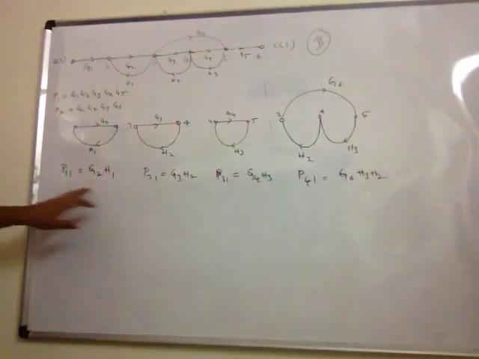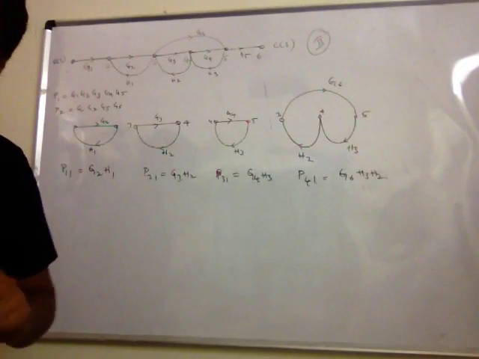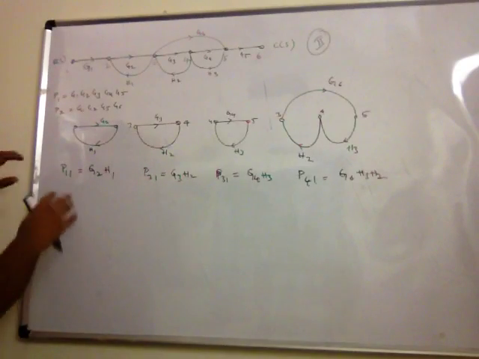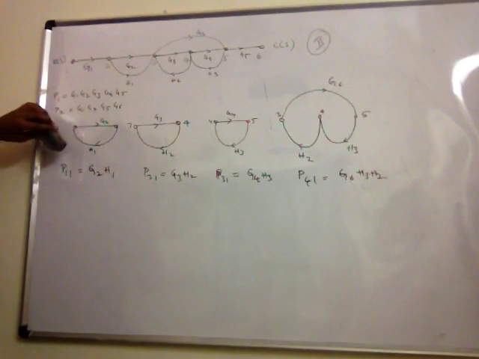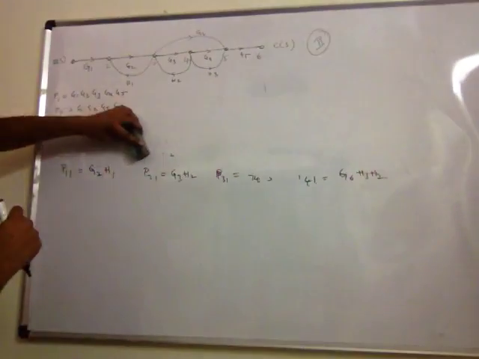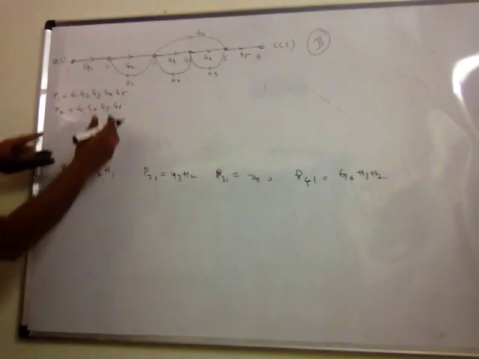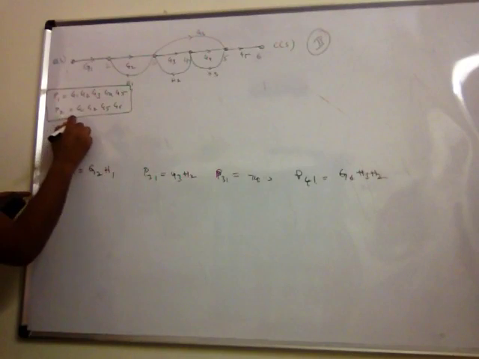So now we have the gains of 4 individual loops of the signal flow graph. Once we have the 4 individual loop gains, now we are done with step 2. So just to create some space, I'll erase these things. I hope you're clear with this. And I'm writing these down here. These are for forward path